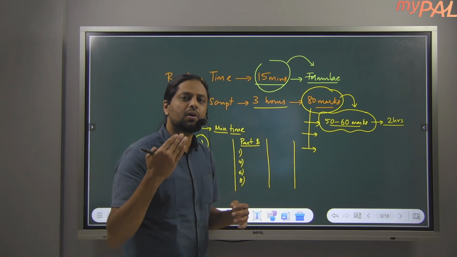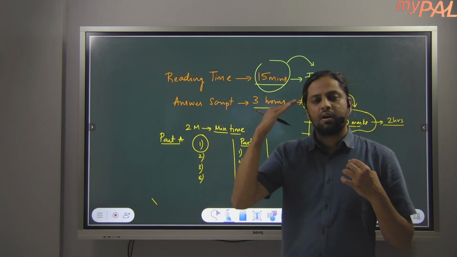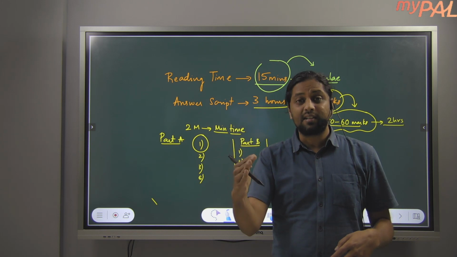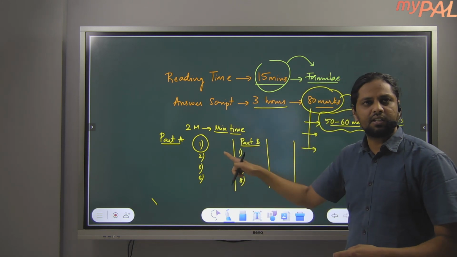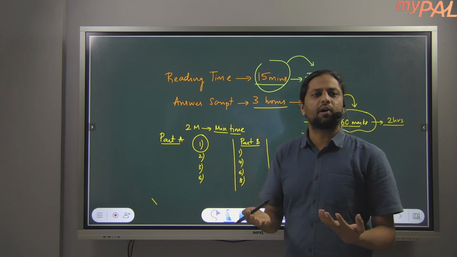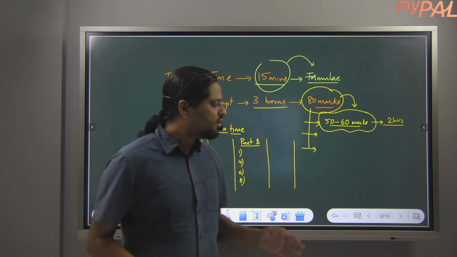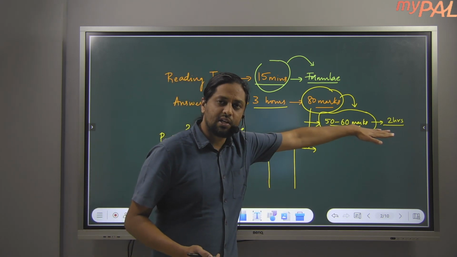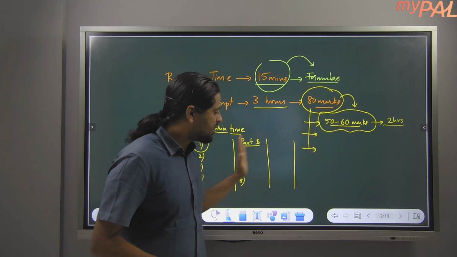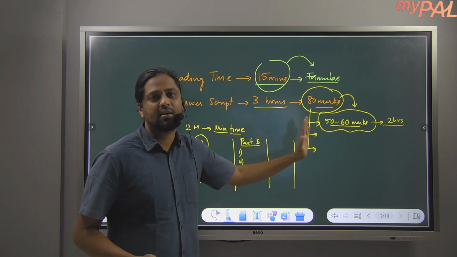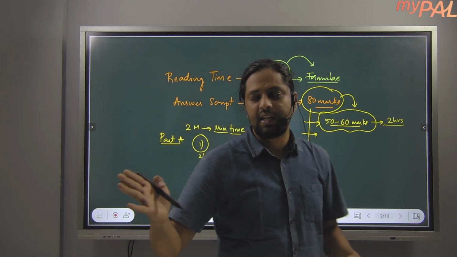Clear? So when you put on a neat representation in the initial set of pages, your answer script has the correct content without too much scratching. And is the scratching avoided here in these parts? Yes, the scratching is avoided. Why? Because you're putting down a neat representation. You're putting down the answers that you already know. You know how to solve them. So because there's a neat representation, because there is no scratching, because you're writing the correct answers in the first set of papers, the person who is evaluating